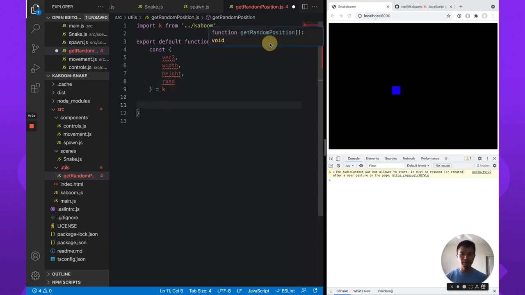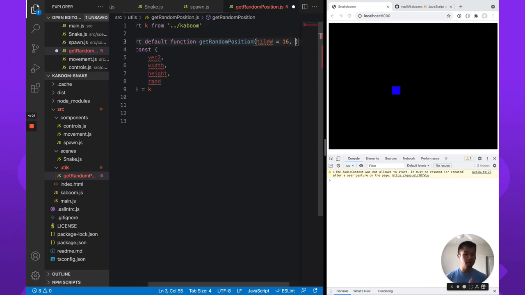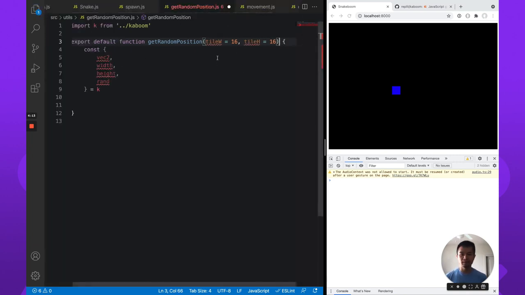So let's actually say we take in a tile width and tile height. So this is tile W. We're going to default it to 16. That's what we're using here. But just to make this a little more flexible, let's collapse this. So it's tile width, tile height. So now we want to get the